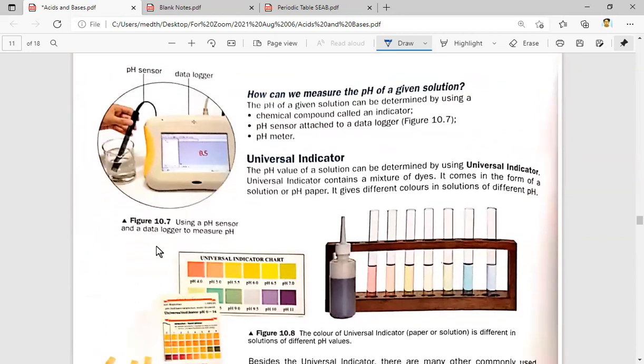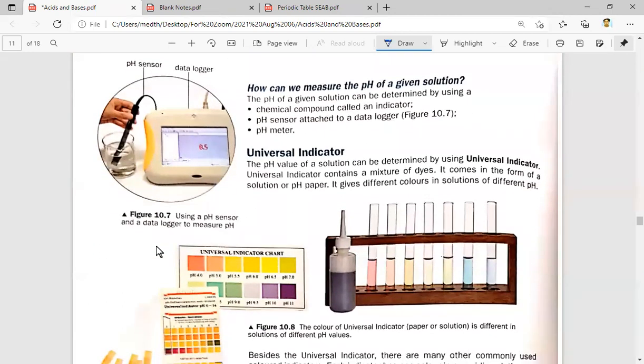If you want to test for pH, we'll use this compound called the indicator. You can also use a pH meter or pH sensor attached to a data logger. This tool is a bit more high-tech. But in the lab, we typically use the indicators. We do have data loggers in the lab. We can use them. But generally, when you are doing experiments, we will use an indicator to determine the